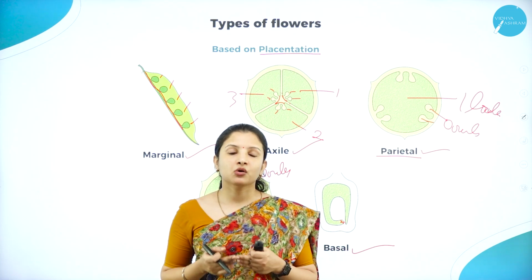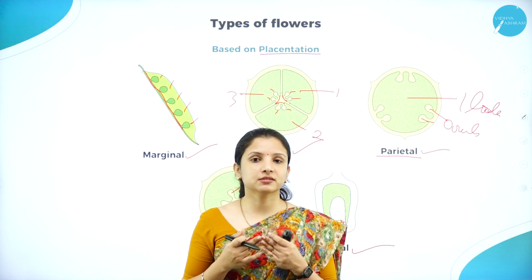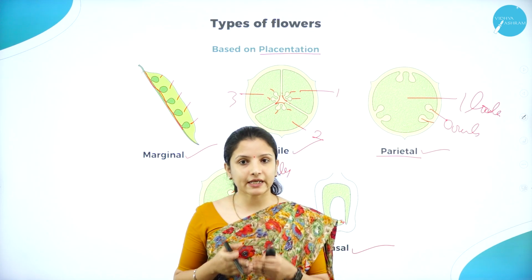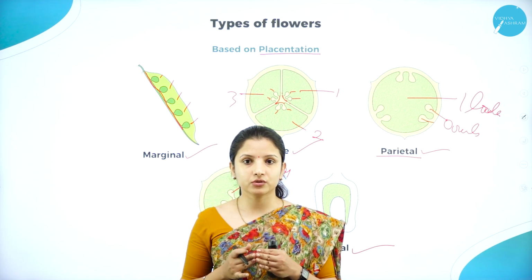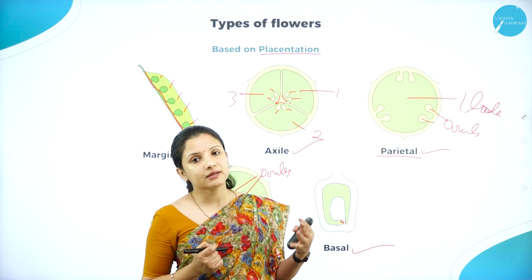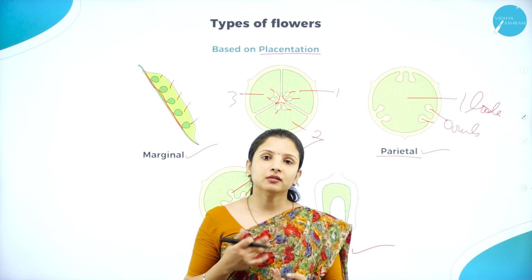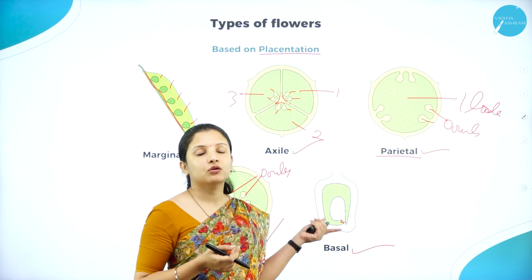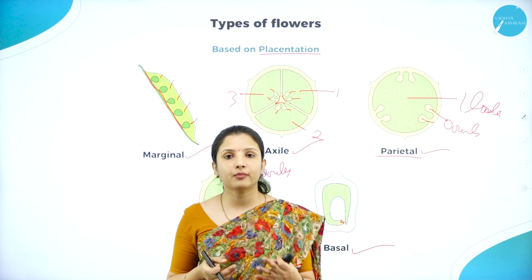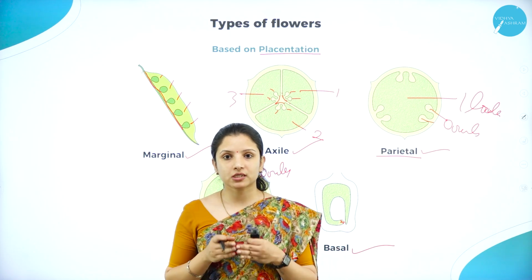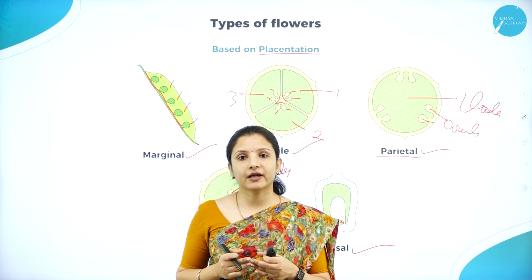In the coming sessions, we shall concentrate on studying the different families, that is family Fabaceae, Liliaceae, their characteristics, all that we shall study. And before moving on to that, we shall take a look into the fruit and the seed, because the fruit and the seed are the post-fertilization structures. After fertilization occurs, the ovules will develop into the seed and the ovary will develop into the pulpy fleshy part, that is nothing but the fruit. We shall study the fruit, the seed, and also the different symbols that are used in order to classify the flower.